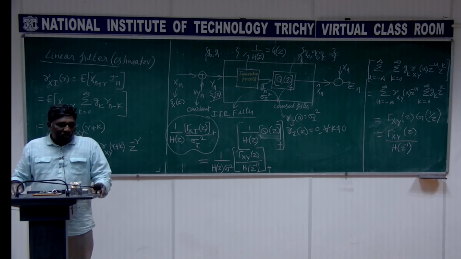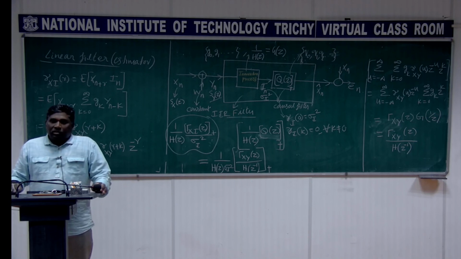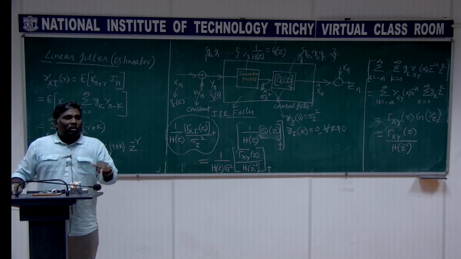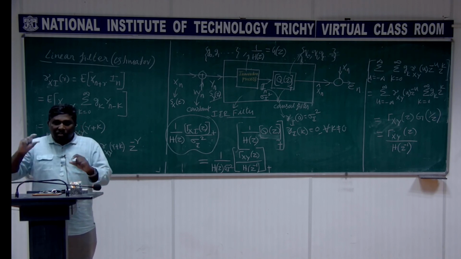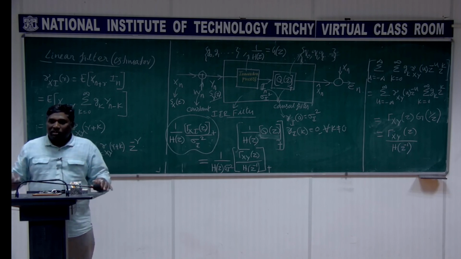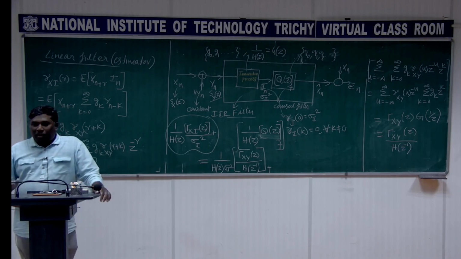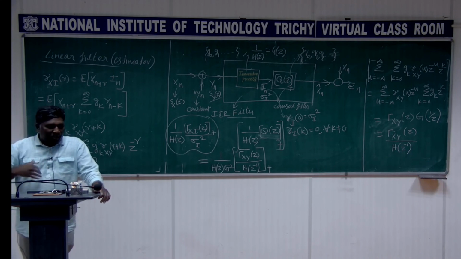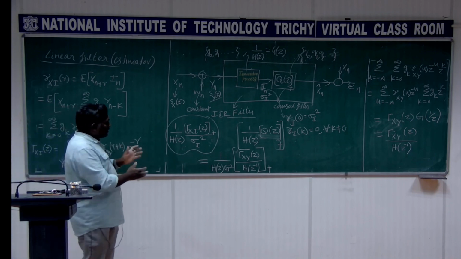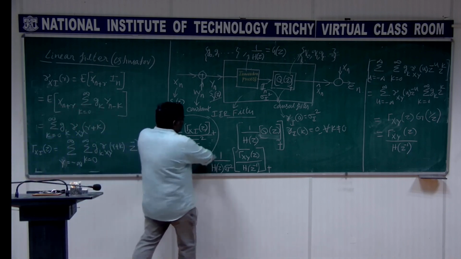White, basically we are going to use the property of what? That white. Gamma I of 0 is sigma square. For all other values of k, gamma I of k, it is going to be 0. That is the heart here, that is the trick. By using that property, we are able to get the final transfer function in the form of numerator and denominator, in the form of an IIR structure, right. So now it is very straightforward.